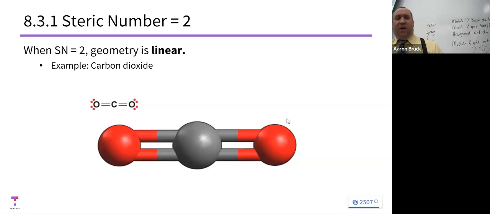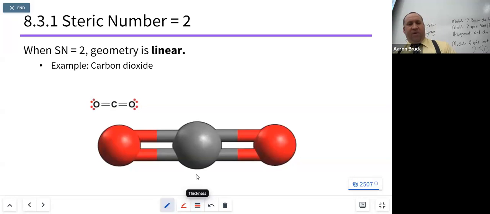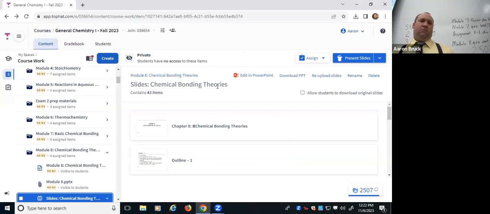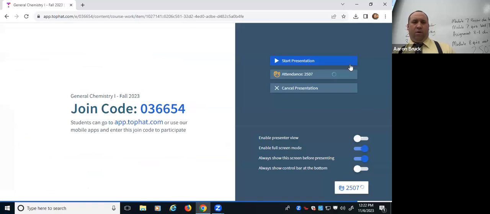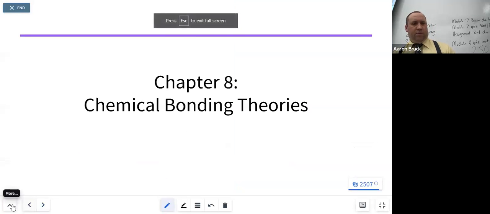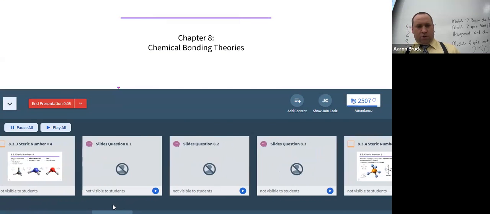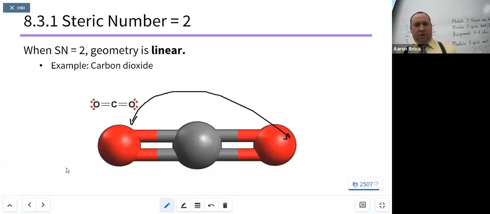The linear shape here, like what we see in carbon dioxide, is going to yield for us an arrangement, a bond angle, or if I'm looking from here to there, I'm looking in the neighborhood of 180 degrees,